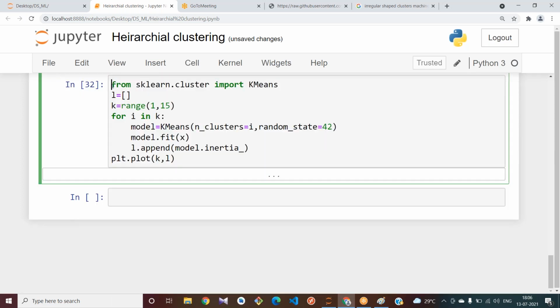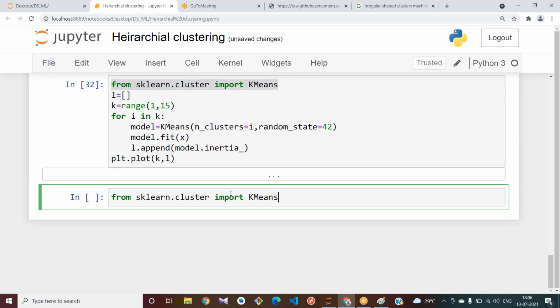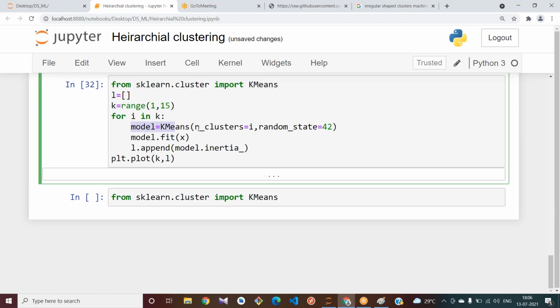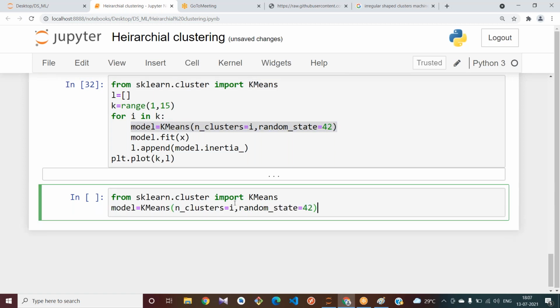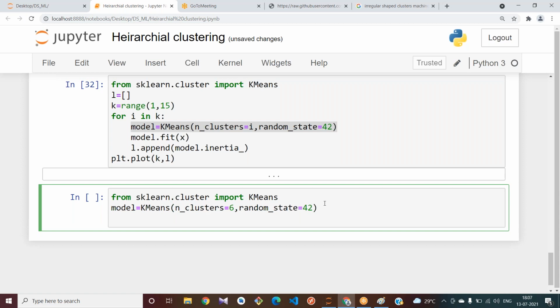Okay, let me copy this and also copy this one. Let me take K equal to 6 first, and let me take clusters equal to 4 also.